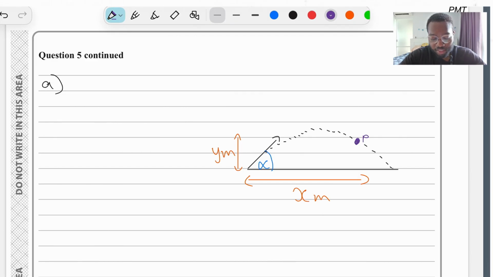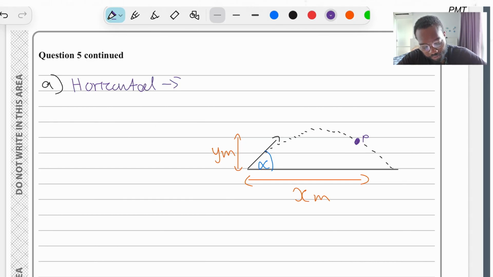So we know that at time t, when it's time t seconds, particle P is somewhere in its motion, and it's going to have a distance of x meters and a distance of y meters. So all we need to do is work out the horizontal components and the vertical components, and then our t values are going to be the exact same, and then we can put them together. We should get expressions for y and for x. So let's start with the horizontal